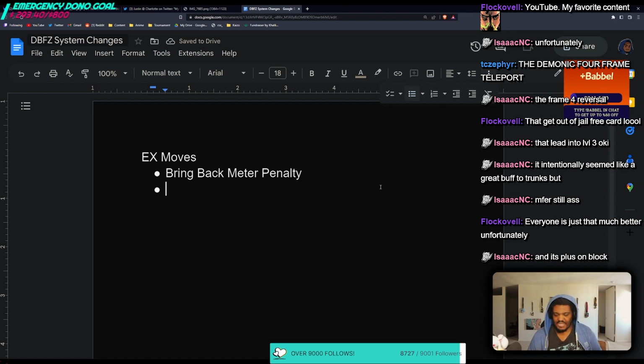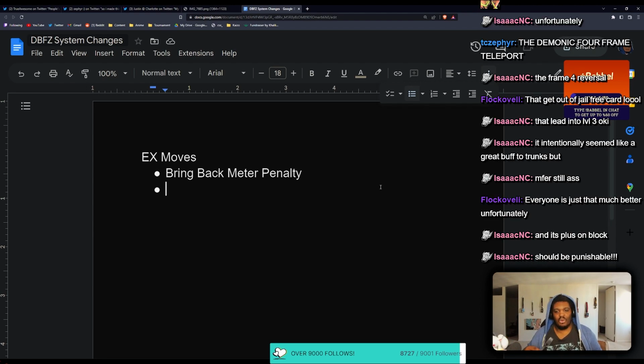EX moves, especially if you're pressing a special move that has a lot of properties to it, that has some type of invulnerability, or maybe it's a really high damage combo starter, it should not be safe on block. That's another really big issue. It's really hard to punish a lot of EX moves,